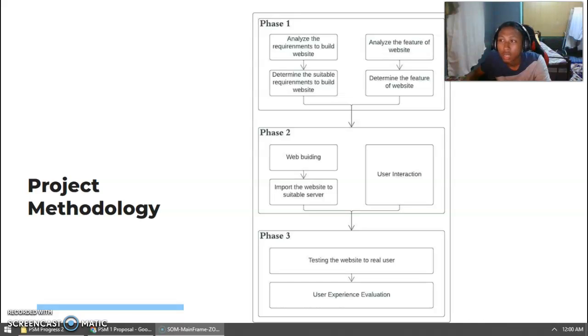For the second phase, this phase involves the research and information gathered at phase 1. The aspect of user interaction was discussed during this phase in order to interact the simulation with the website. In the driving simulation, the website will be interacting with the user in order to achieve the objective of the project. This stage is necessary in every project to avoid any error and initialization in the project.